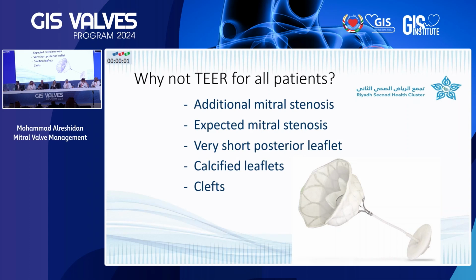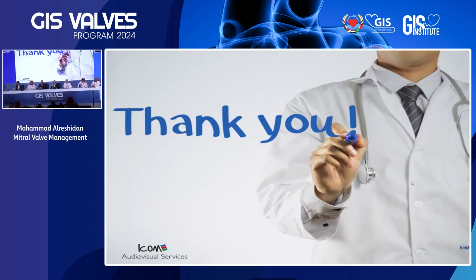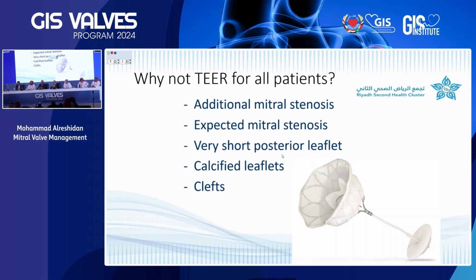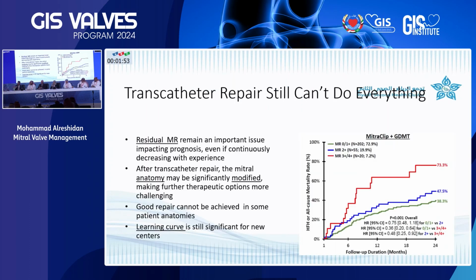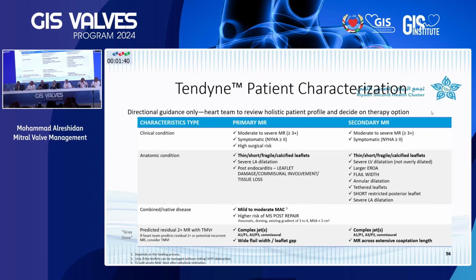That's why there is a new emerging technology. Which is, if you are expecting to have additional mitral stenosis, or expected to have a very short posterior leaflet or cleft, then we can go for Tendyne. So Tendyne can be done for any kind of primary MR, secondary MR, because if you do a clip and you end up with significant mitral regurg, you will affect the patient's survival, and this is clearly demonstrated here. This can be done in any kind of mitral regurg, and this is actually a team which will tell us which patient will benefit from